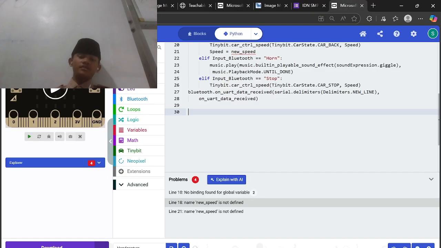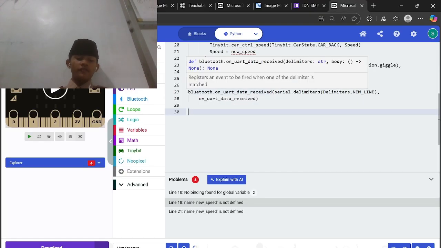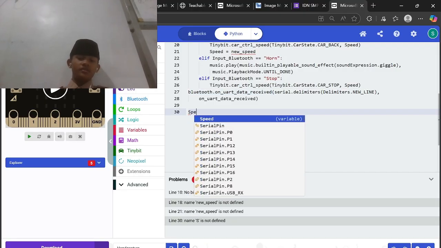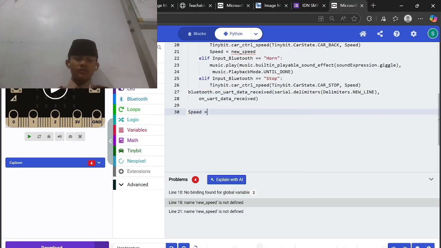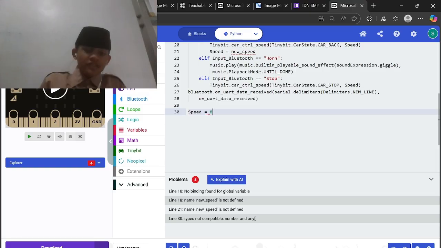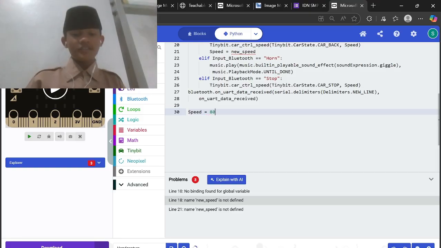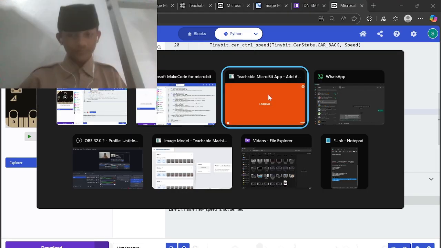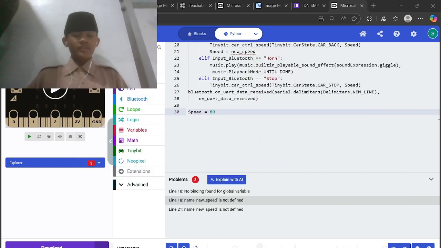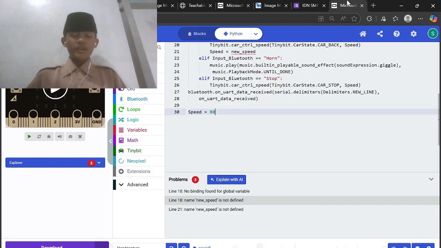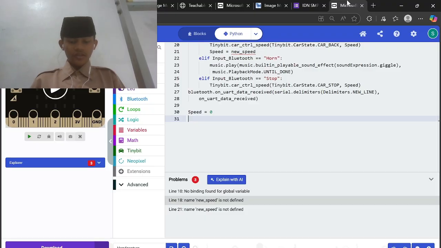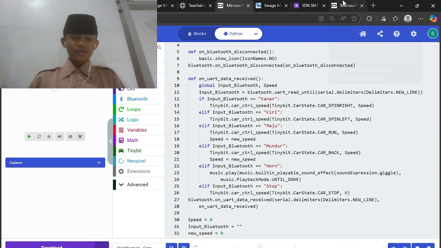The last one is we make a variable. The first is speed in 18. Okay. Speed is 0. Next is the input Bluetooth.